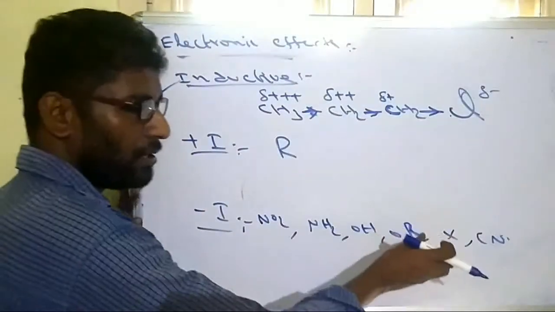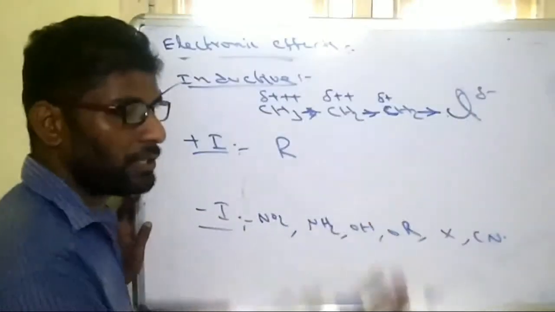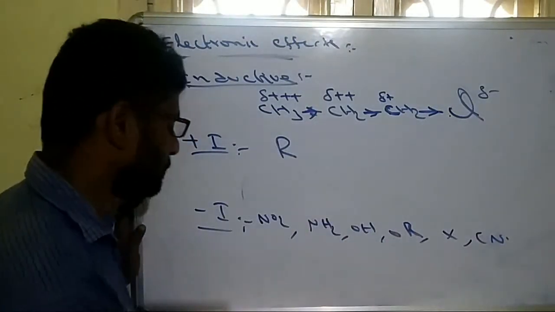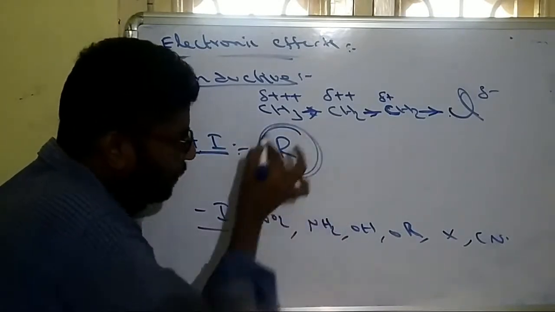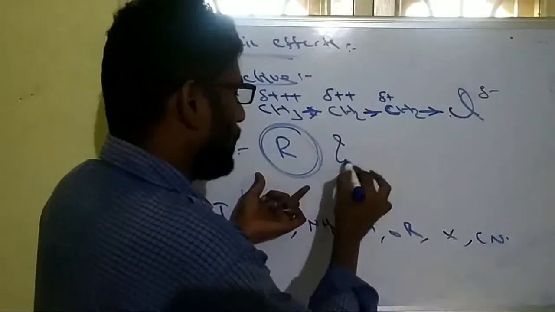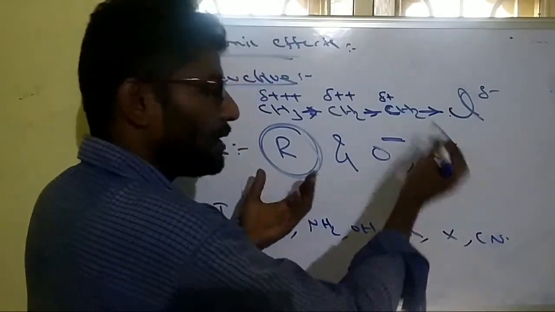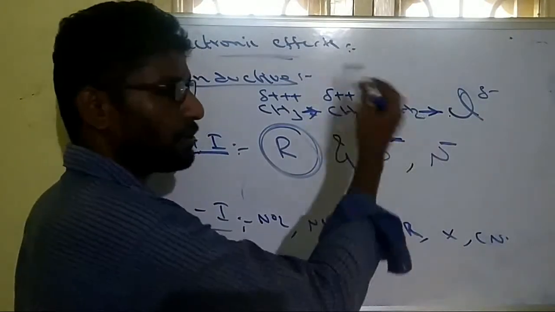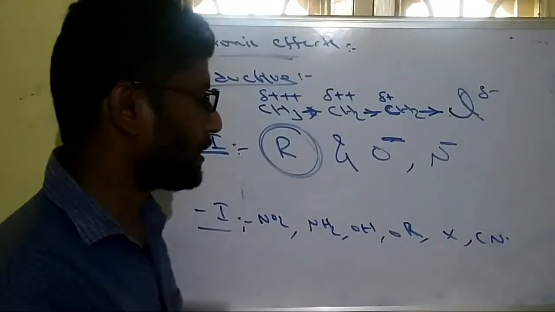So an order is also there. I will send one attachment with the order of inductive effects; a resonance order is also there. We have to practice that order. So all are minus I effect. In plus I effect, remember only alkyl groups will show plus I effect. Not only alkyl groups: if any group has a negative charge, O minus or N minus, this negative charge also acts as positive because negative means extra electrons, so they will donate electrons. That's why plus I effect. Remaining all are minus I effect.